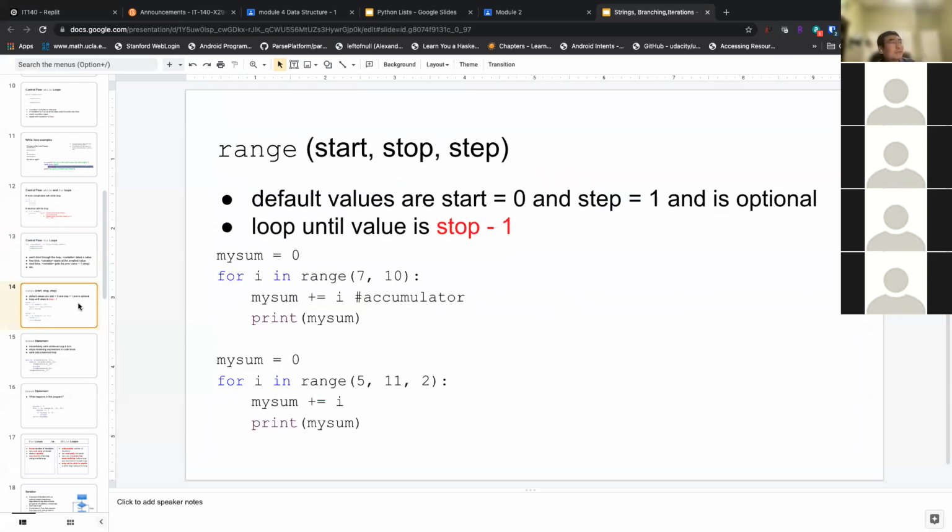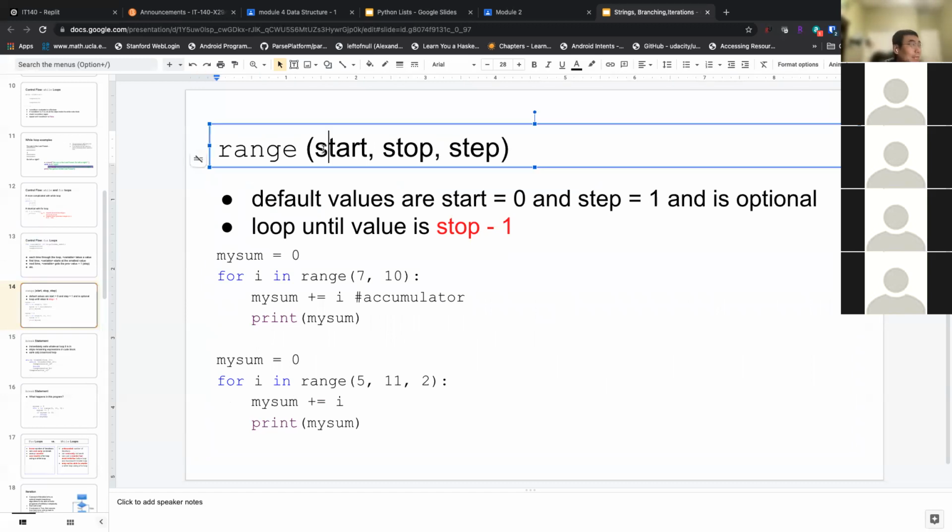We already talked about the range function, and you know that it has 3 parameters. You can skip 2 of them, they're optional: start, stop, and step. Remember, start is included, stop is not included, step is optional. You can use a step of -1 to go backwards, right? We talked about this in our exercise to reverse the string, remember?